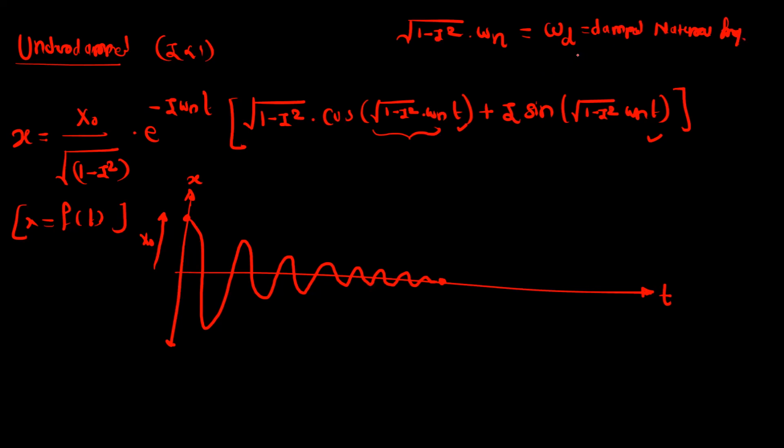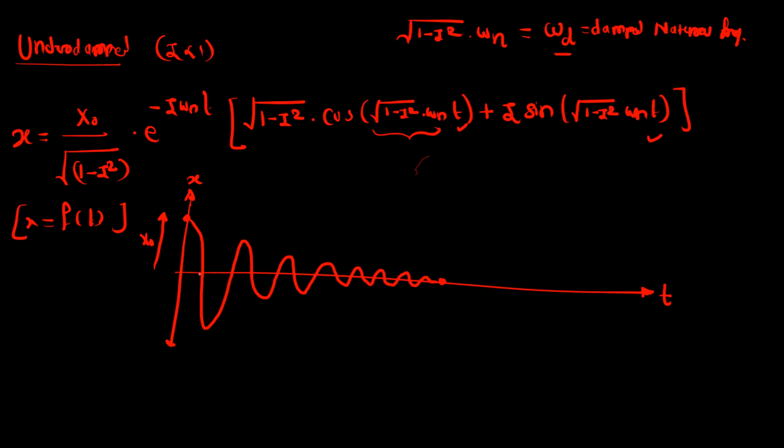So actually this frequency we can find out if we have such a waveform for a particular system. That means just imagine we are conducting one experiment on an underdamped system, and by using some measuring instruments like a vibrometer or an accelerometer, we get such a waveform for that system. And if you want to find out the value of this omega d, we can easily find it out from this graph.